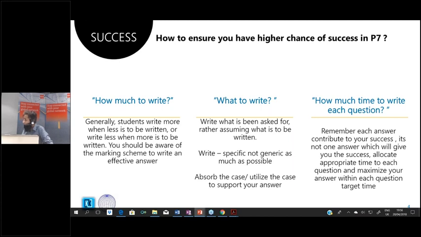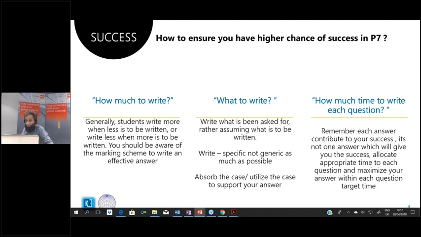So please ensure that you have these questions addressed: how much to write, what to write. Again, I have been very specific on what to write, on generic versus specific. I just illustrated that again in the session today, how you can be more specific rather than more generic. So what to write is another very important thing, right? Be very careful. What to write is something which will make you surpass 50. So if you want to surpass 50, then what to write will be very, very essential.